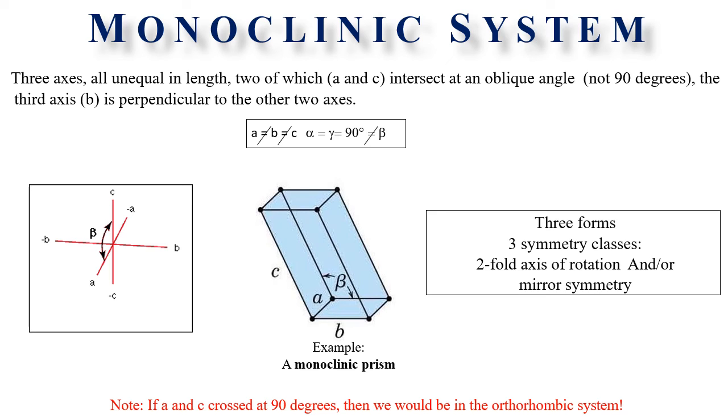So, the ratios are 0.372 is to 1 is to 0.412. The beta angle is 113.5 degrees. This contains the gypsum class in which we have one plane of symmetry containing clinoaxis and vertical axis. There is one axis of two-fold symmetry, and that is in fact our orthoaxis, and we have one center of symmetry.